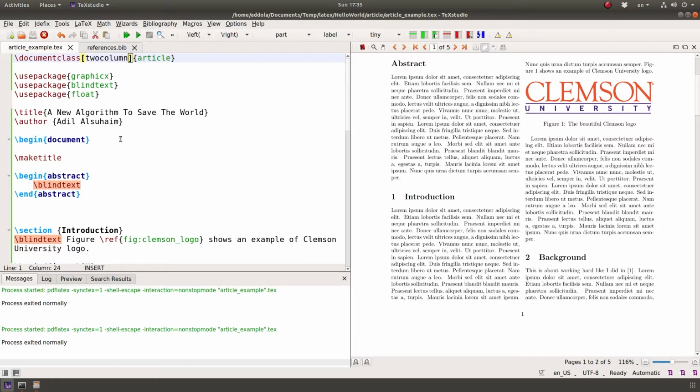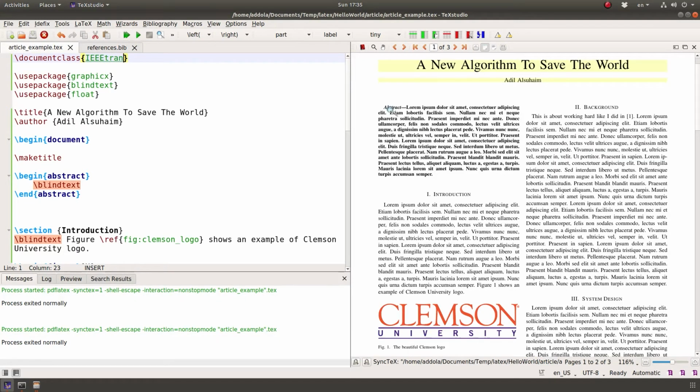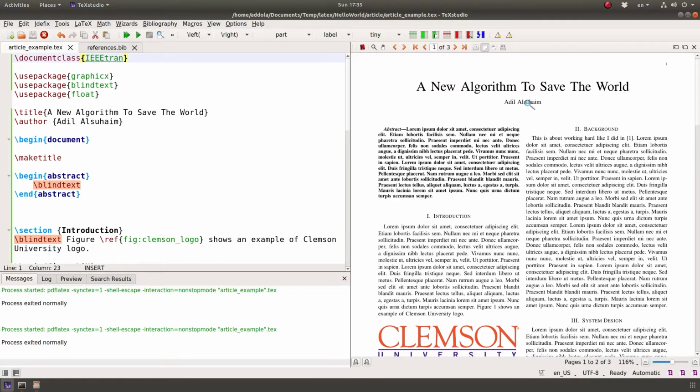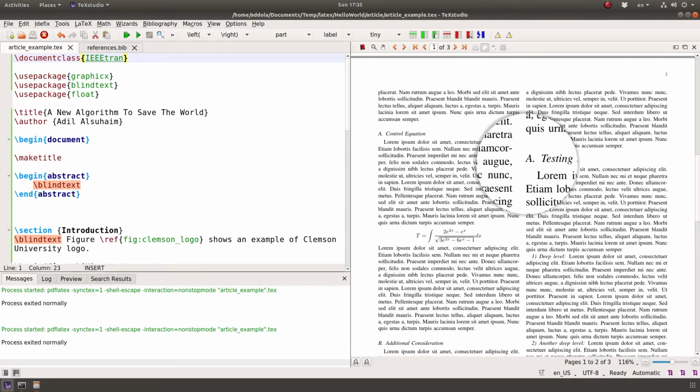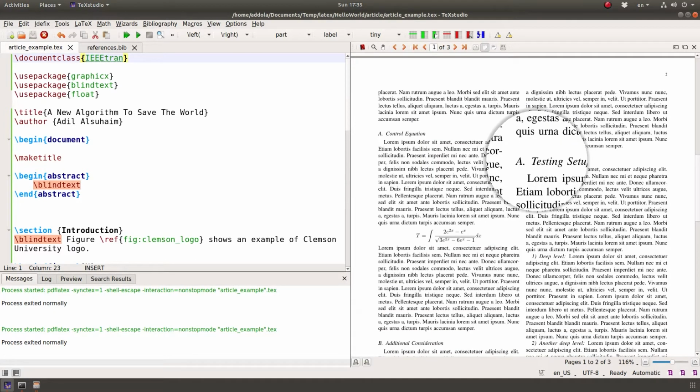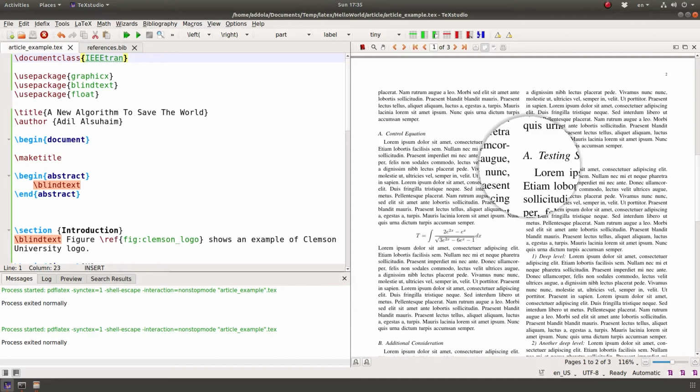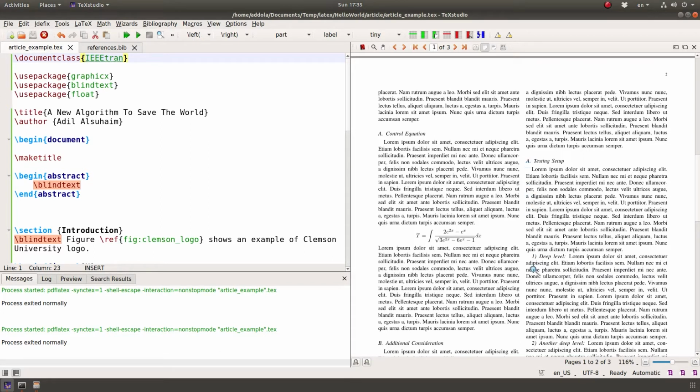If we see here, I could change this to IEEE TRAN, which is the IEEE journal, not conference. As you can see, the numbering of the sections is now in Roman numerals, and the subsections are alphabetical, A, B, C, D, and then the subsubsection is 1.